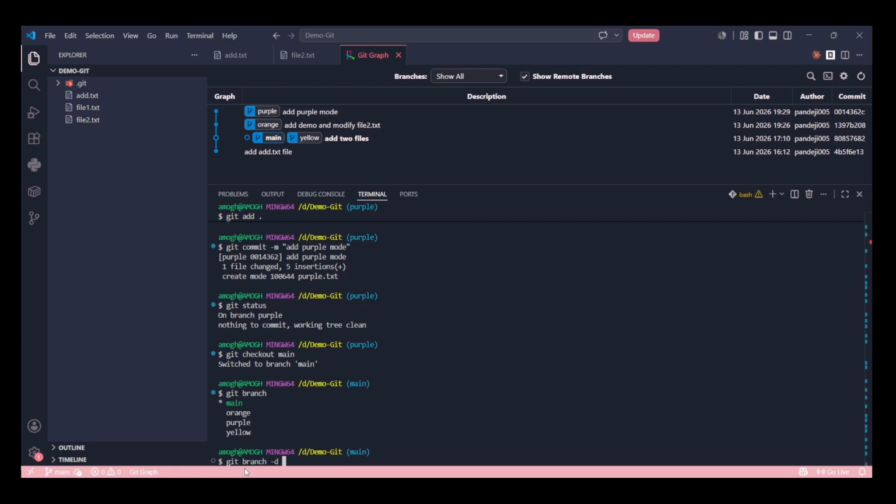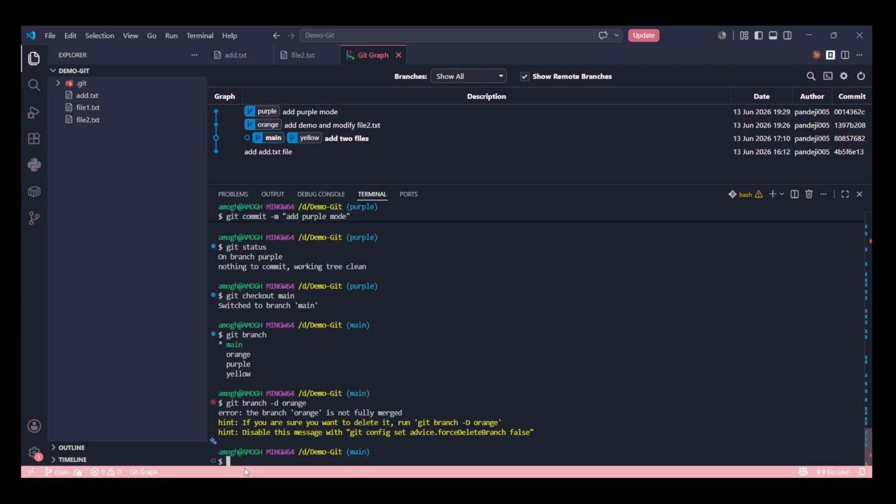Git branch. Let's wait, I should merge it first. Git merge.